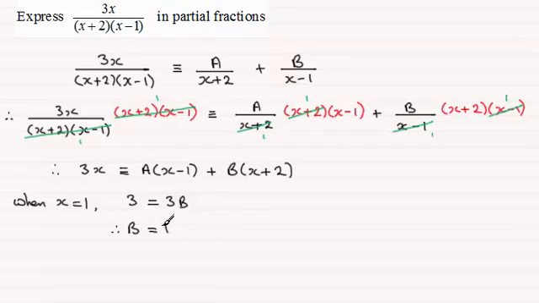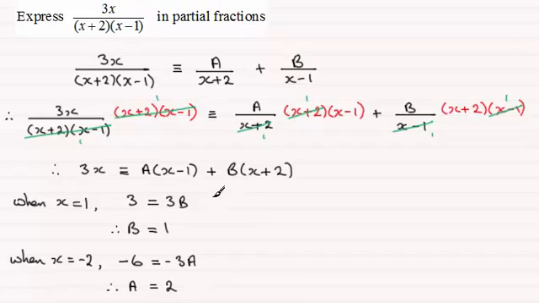And to get the value of A, what I do now is I make this bracket 0 by letting x equal -2. So when x equals -2, what we have is 3 times -2, which is -6, and that's going to equal -2 - 1, which is -3, times A, that's -3A. And dividing both sides by -3 gives us A equals -6 divided by -3, which is plus